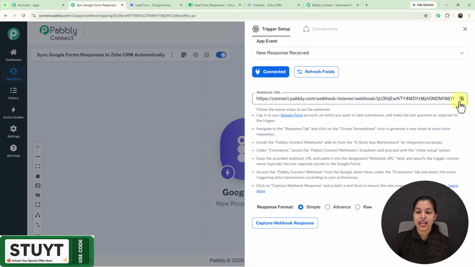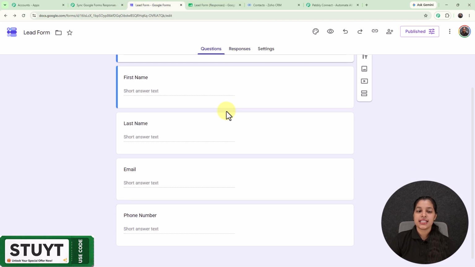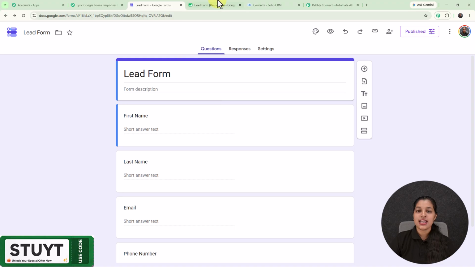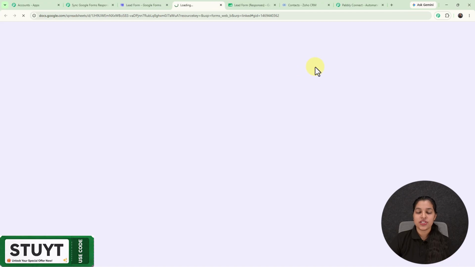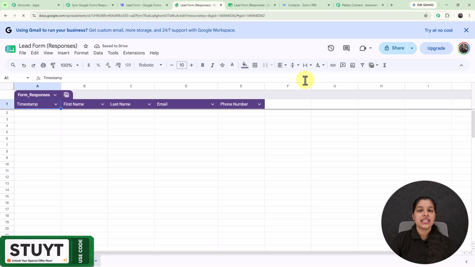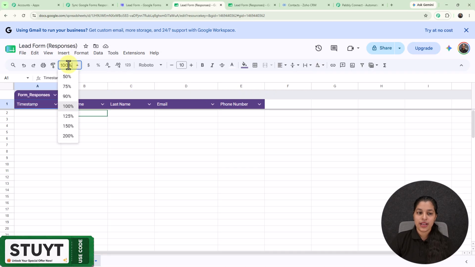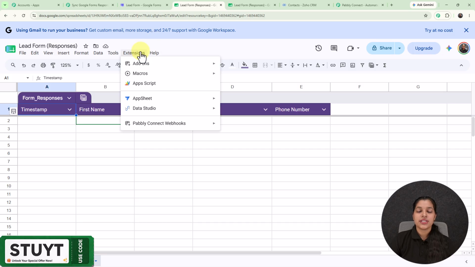So I'm going to add this webhook URL to my Google form so that I can build the connection. So for that, let's move on towards my Google form. So right here you can see that this is the form which I have created. Now you just have to move towards the responses, and right here we are getting this option for view in sheets, which you have to select, and you will be landed to the Google Sheet, which is the native integration of the Google form. And right here for adding the webhook URL, you just have to move towards the extension,